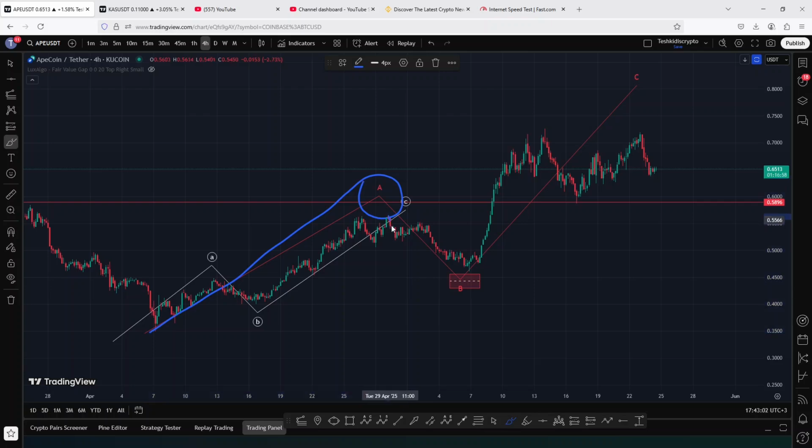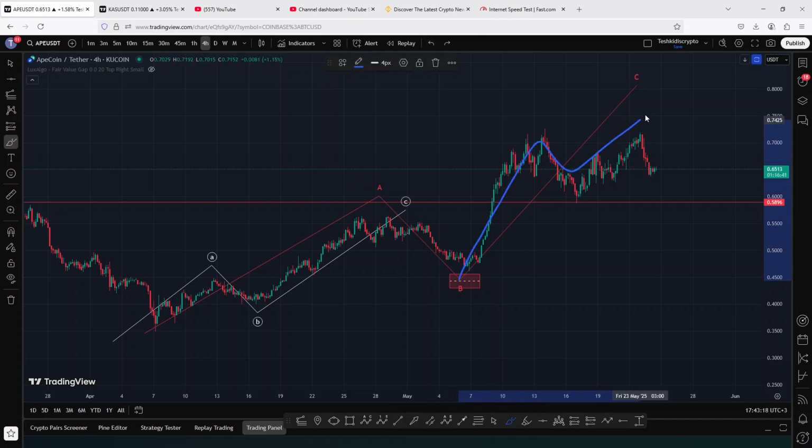Then we saw a bit of a pullback to the lower side in the formation of this wave B that continued to hold within Fibonacci key areas of support. And after we saw a reaction of the Fibonacci key areas of support, I was expecting the next leg to